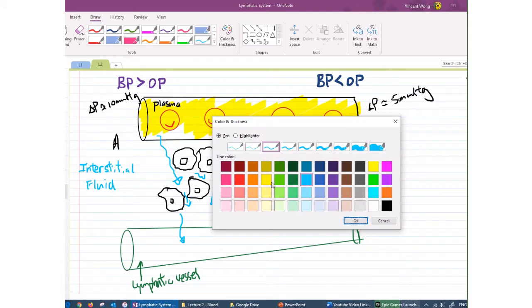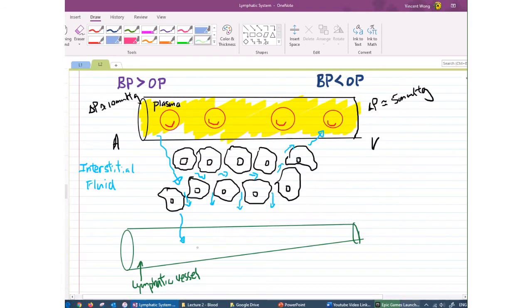And once they are inside the lymphatic vessels, we call them something else. Okay, so this is the fluid inside the lymphatic vessels. We call it lymph. Okay, lymph. So essentially, the lymph is derived from the interstitial fluid, and the interstitial fluid is derived from the plasma. They are mostly water, and they are very similar in terms of the contents, in terms of the kind of ions you will find in them. And so the lymphatic vessel will carry this fluid